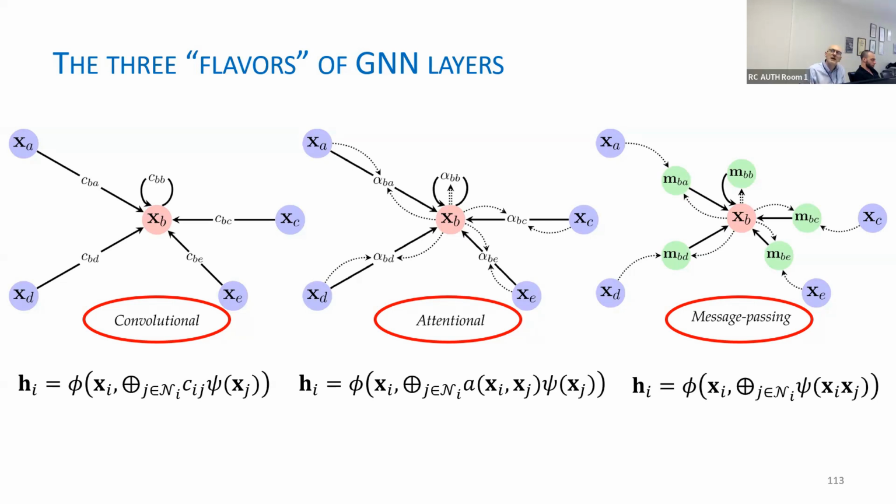So the attention captures the similarities between the two nodes through the attention mechanism. And the message passing is the most general one, because in the attentional case we have a scalar normally here. In the last case, instead, in that case what we learn from the two nodes is not constrained to be a constant. Of course, it's the more general, but also